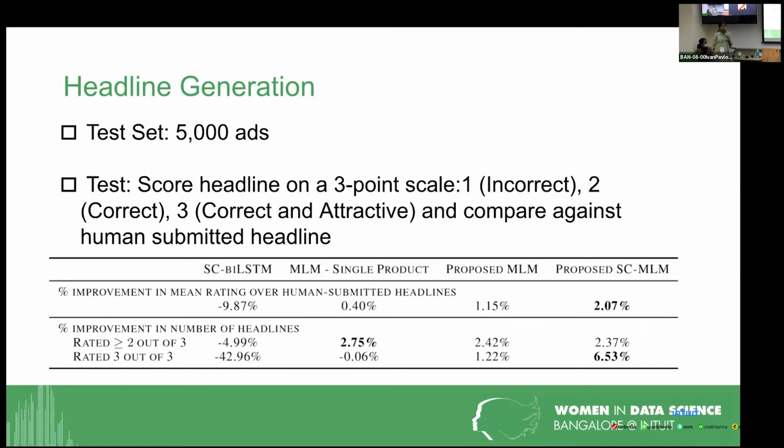So when we do this, we see that just switching from LSTM to masked language model gives us better performance than the human specified headline as well. The last two columns are what we can refer to here. And then on top of that, when we use self-critical learning, we get further improvement. And our baseline is the human specified headline, so we are able to do better than that, is what it says. But of course, we have to take it with a pinch of salt, like we have seen before.